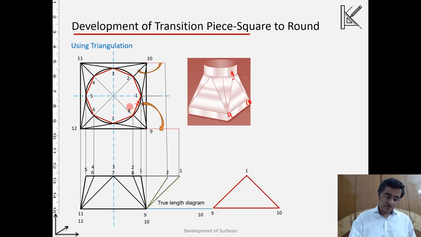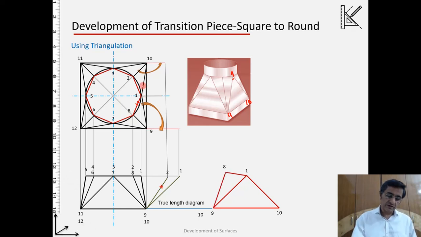Because this circle also, for example here the circle is here. This is the edge view of the circle. Because this edge view is parallel to the horizontal plane, the circle is coming as true view. So 1, 8 is known to me, I can measure it from here. Similarly for 8, 9, I know its corresponding true length, which is here. So from point number 1 I will take an arc equal to 1, 8. From 9 I will take an arc equal to 9, 8, or this length. So that way I will be able to locate point 8. So if I do it, I can locate the point 8.